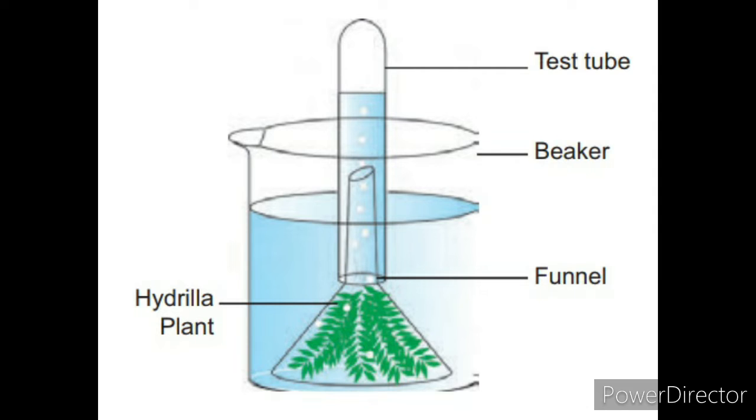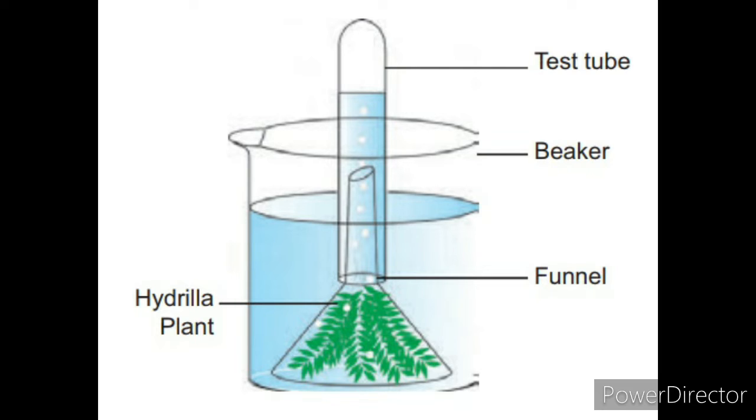You all know that as photosynthesis takes place, carbohydrate is formed and at the same time oxygen is released. That's why we say photosynthesis plays a vital role in balancing oxygen and carbon dioxide in nature. This experiment was done by the scientist called Ingenhousz. He found the answer that oxygen is produced during photosynthesis.